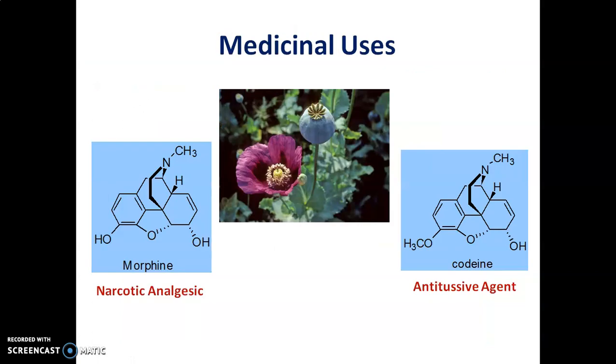Medicinal uses of phenanthrene. Phenanthrene nucleus is present in steroids, sex hormones, morphine alkaloids, cardiac glycosides, and bile acids. Morphine is used for the symptomatic relief of moderate to severe pain associated with postoperative pain. It is a powerful analgesic and narcotic, whereas codeine is a weak analgesic. It is used as an antitussive agent.